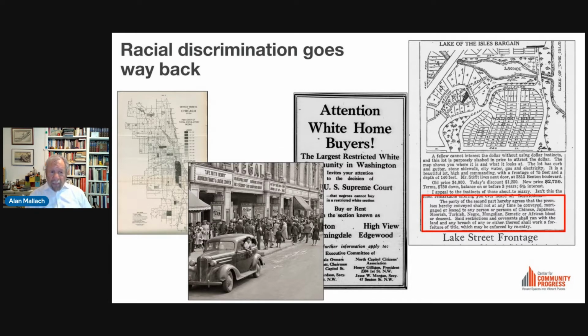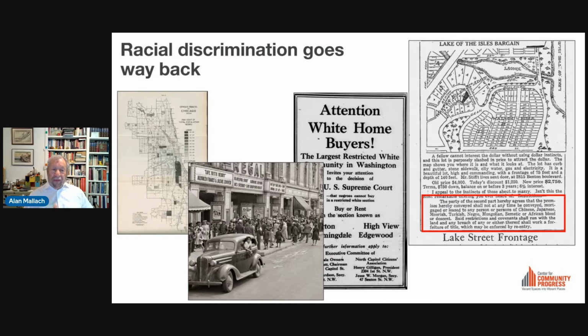Now, this was not because the US Supreme Court in 1917 was an anti-racist organization. That's certainly not the case. But they were concerned that this was an unreasonable infringement on people's property rights, their right to sell the property to whoever they wanted, and that the government should not mess with that. So then, and I don't know who came up with this, I don't know, the inventor of the racial covenant.